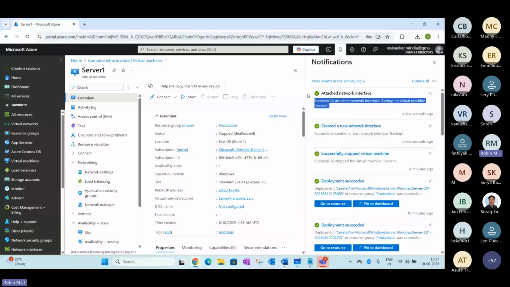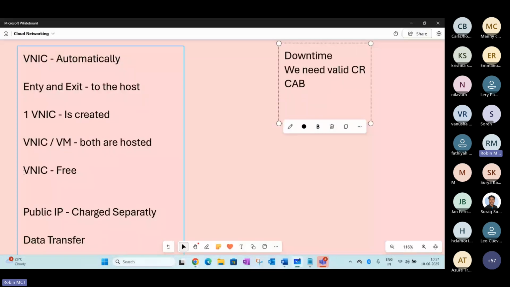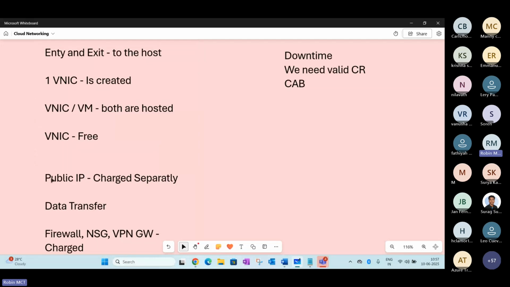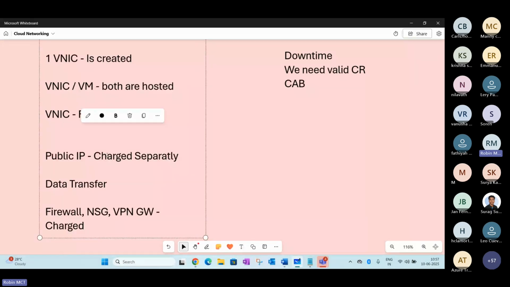Adding multiple network interface cards is completely free of cost. There are no additional charges. Only the cost is what is coming. You can use a number of network interface cards, which depends upon what series you are using here. The cost of your network card is going to be calculated in case you are using any additional service.